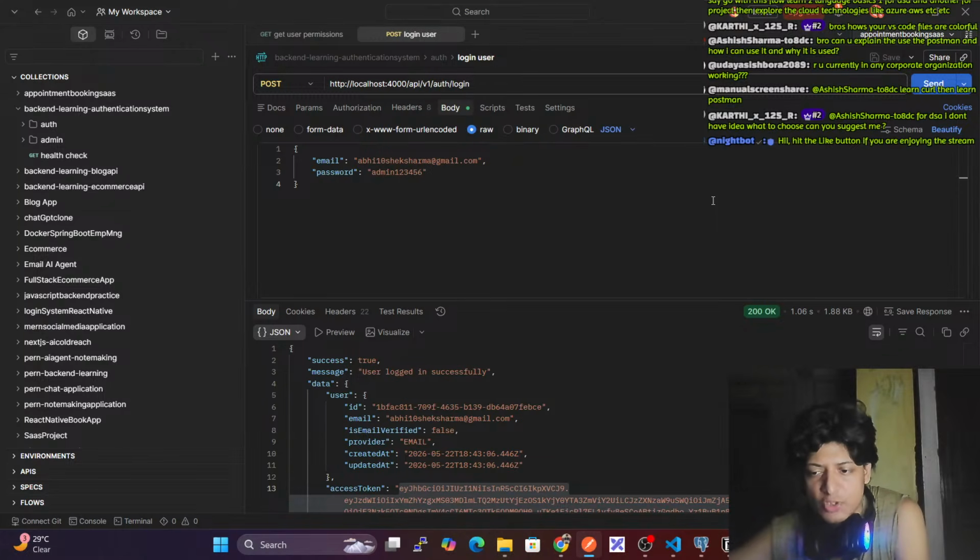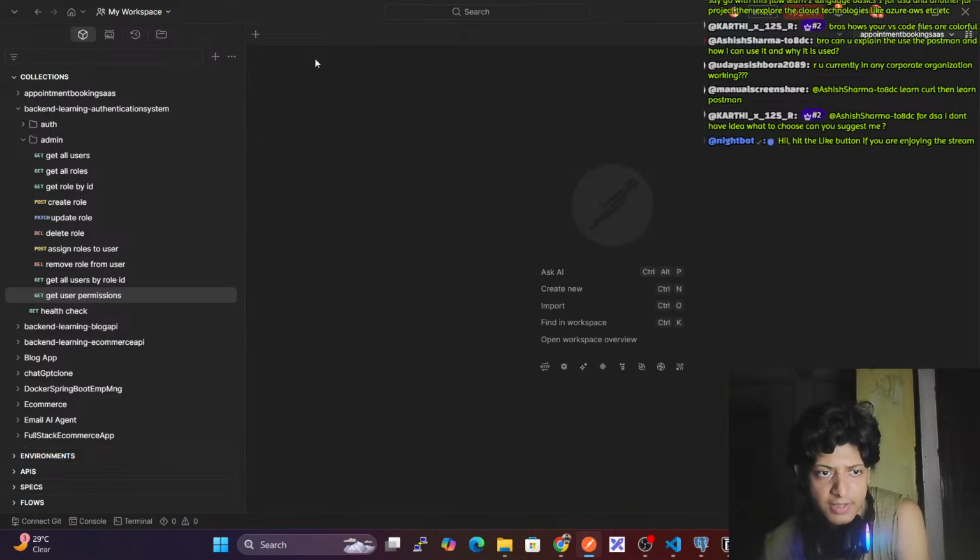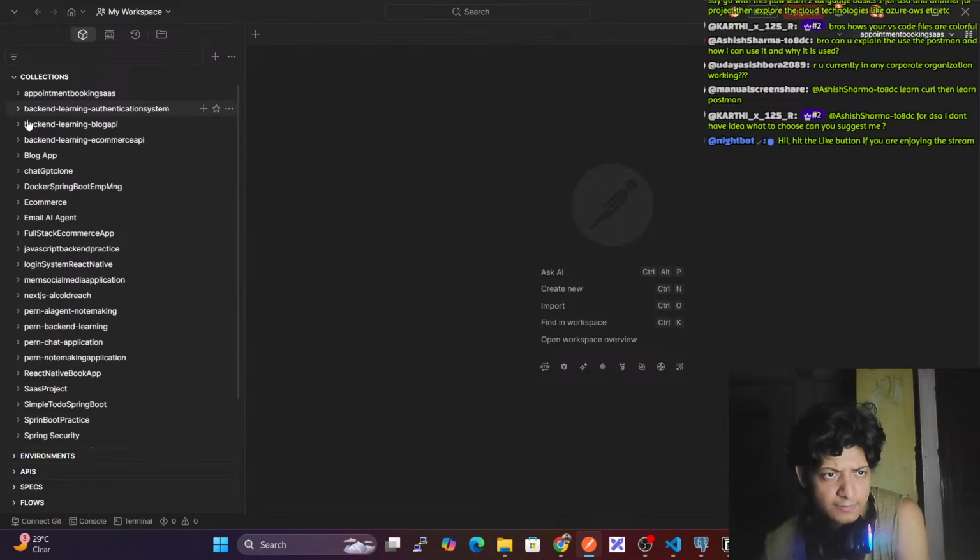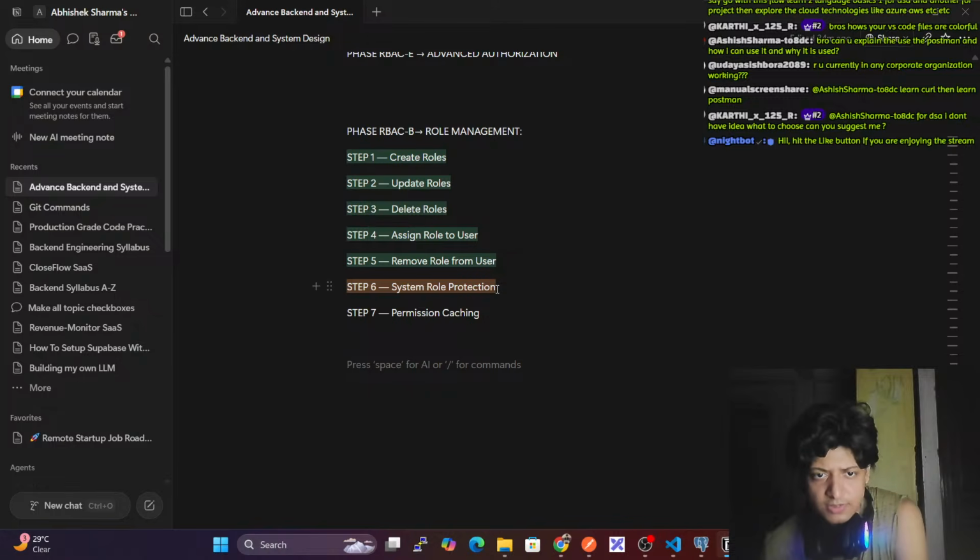Basically, Postman is a UI that is built on top of curl. Okay, so this part is done. This part is done. Okay, fine. So this is done. Now let's go for